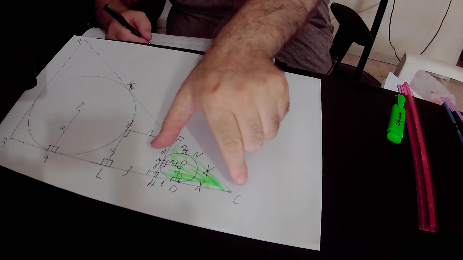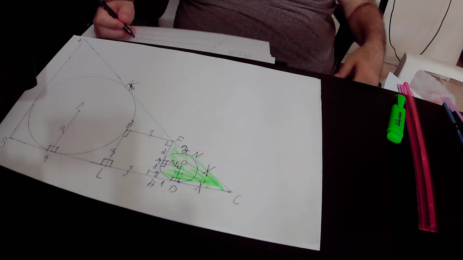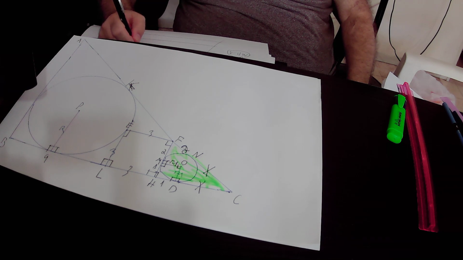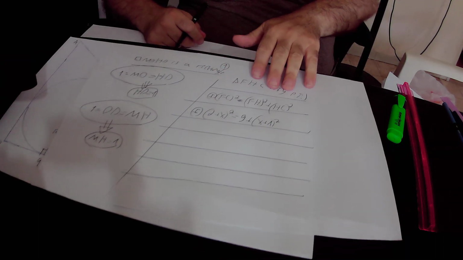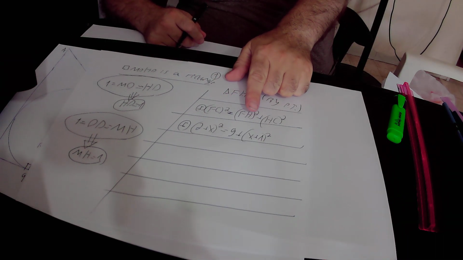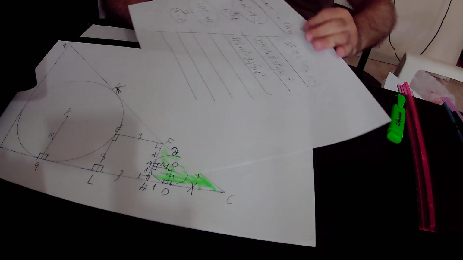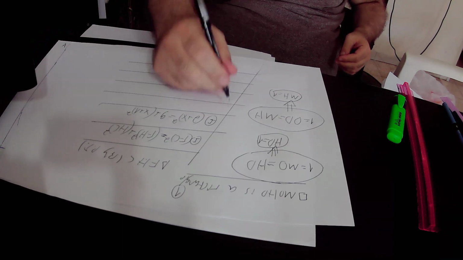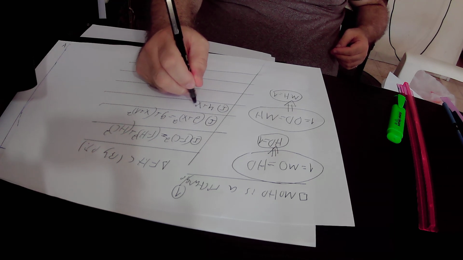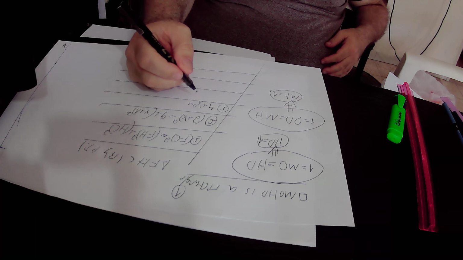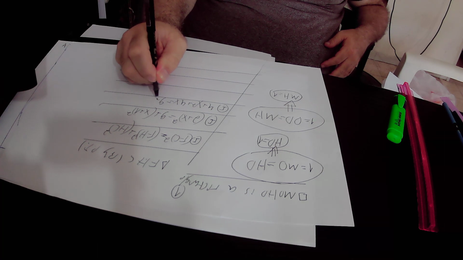HC squared. What is the value of HC? It is very easy to see from the drawing that HC equals 1 plus x, or x plus 1. So, HC squared will be equal to (x plus 1) squared. So, in conclusion, we found that according to equation number 1, (2 plus x) squared equals 9 plus (x plus 1) squared. Here we will open the brackets on both sides of equation number 1, and we will get that (2 plus x) squared equals 2 squared, that is 4, plus x squared, plus 2 times 2x, that is 4x. And it is equal to 9 plus